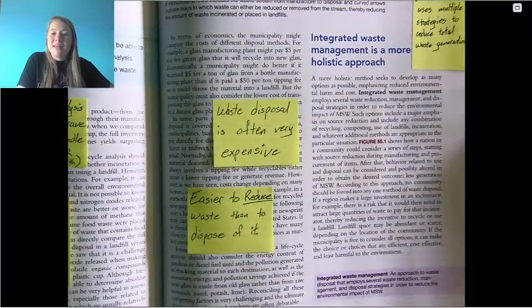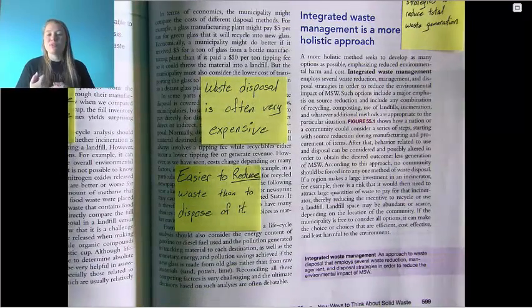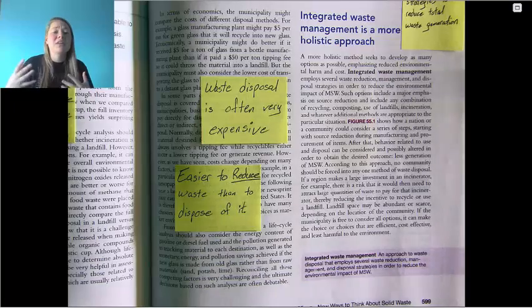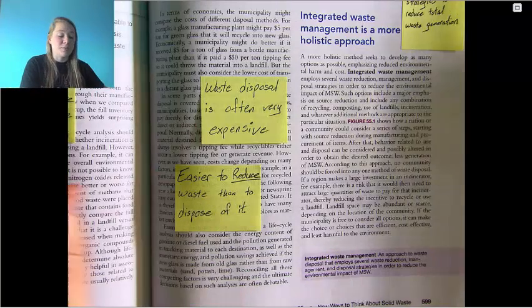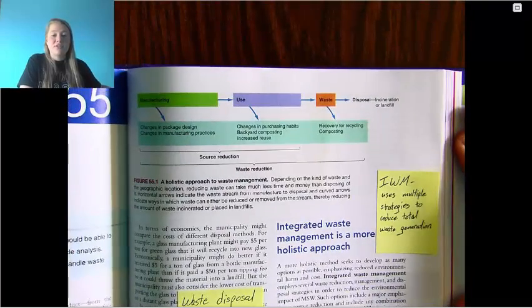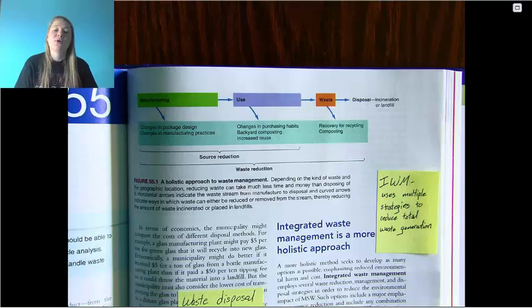The reason why it's so important to do this is because disposal of solid waste is often very, very expensive. So it's hard to justify a set of land to be a landfill or to build an incinerator. They cost a lot of money, take a lot of land space, cause a lot of pollution issues, so it's very expensive. And oftentimes it's easier to reduce the waste being produced in the first place than it is to find a way to dispose of it. And that brings us to integrated waste management, which this particular approach uses multiple strategies to reduce the total amount